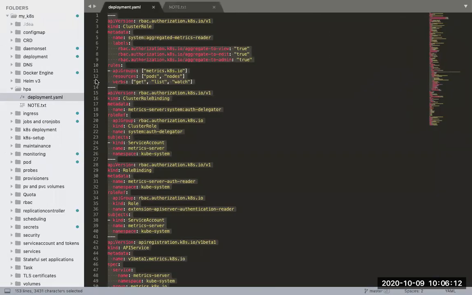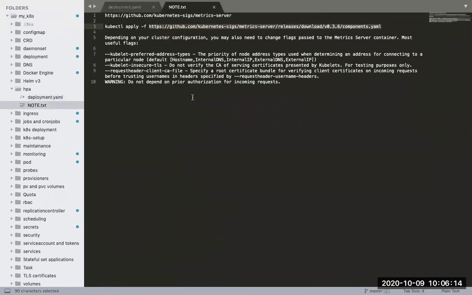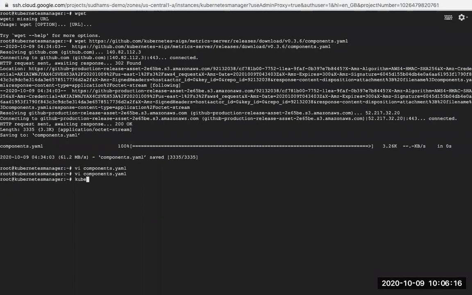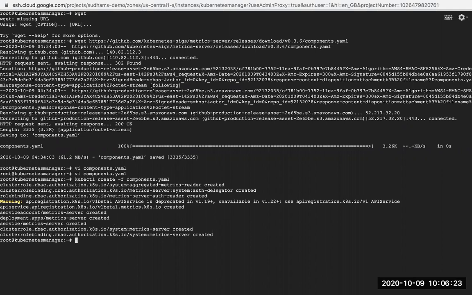Let us try to apply this. Here there is just a small warning.